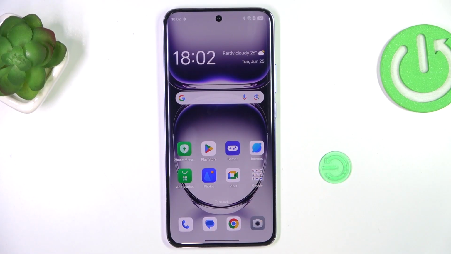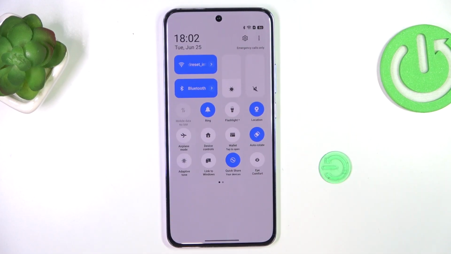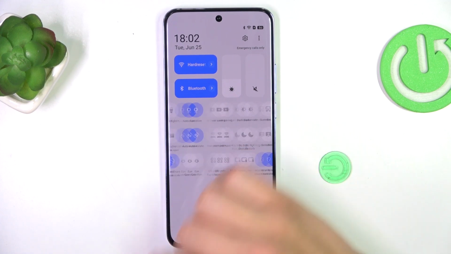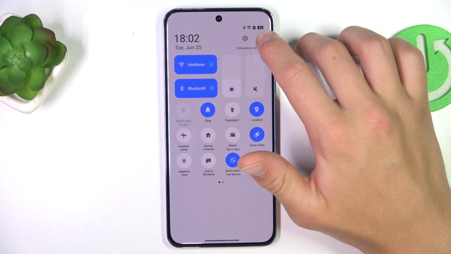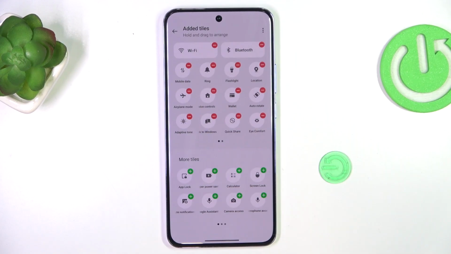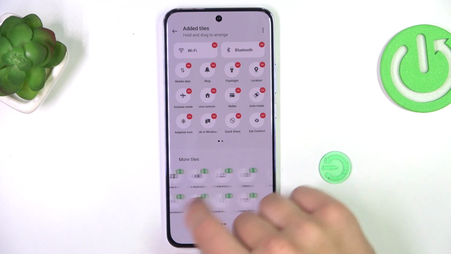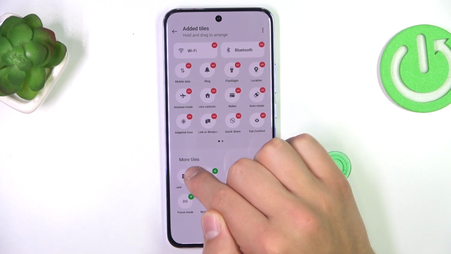Firstly, pull twice from top of the screen to the bottom, so just like that, and search for the flashlight icon. For me it is located here, but it may vary on your phone, and if you cannot find it anywhere here, tap on the three dots in the top right corner and tap on Edit Tiles. Here, find it in more tiles. If it's not here, it would definitely be there, and after you found that, just simply tap on the plus